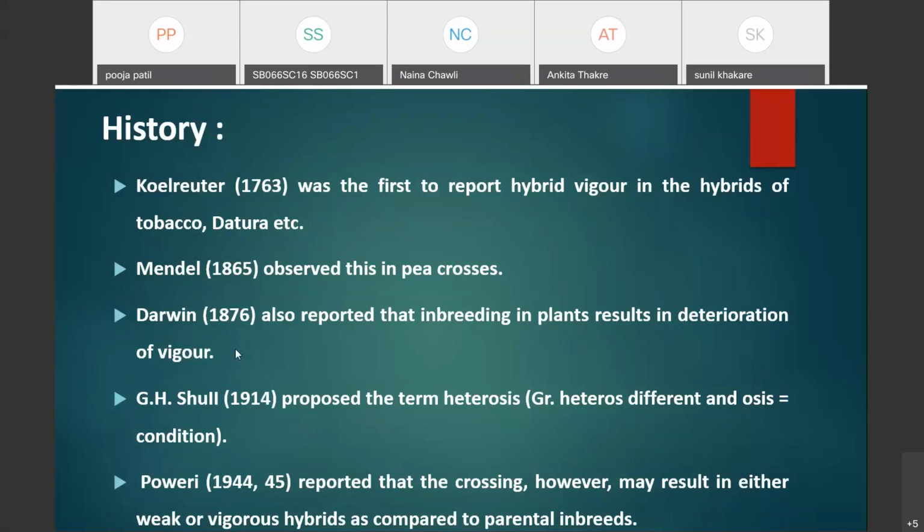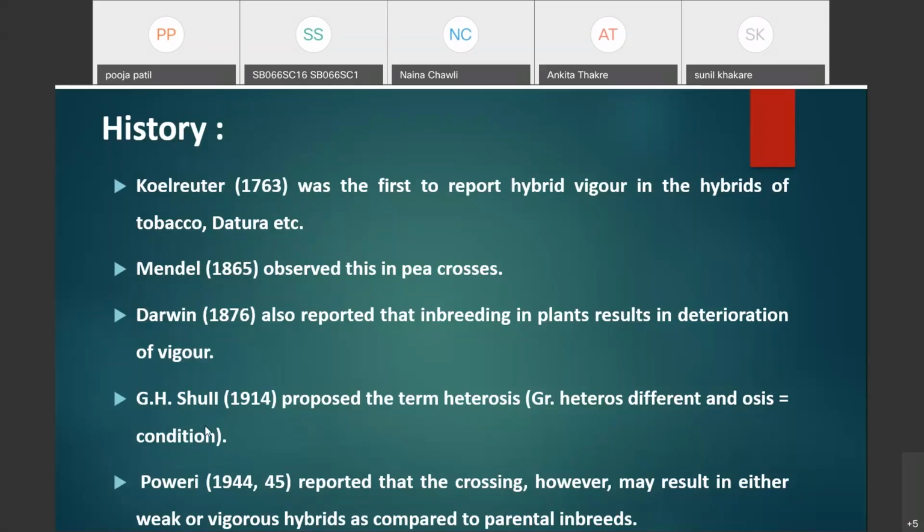Okay, Darwin in 1876 also reported that inbreeding in plants results in deterioration of vigor, and this deterioration of vigor in the hybrid was referred to by Darwin as inbreeding depression. Okay, then in the